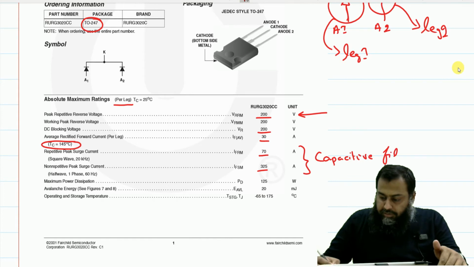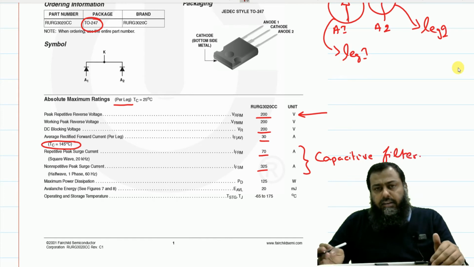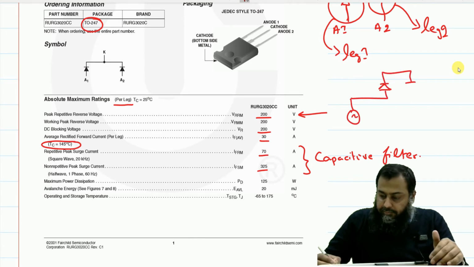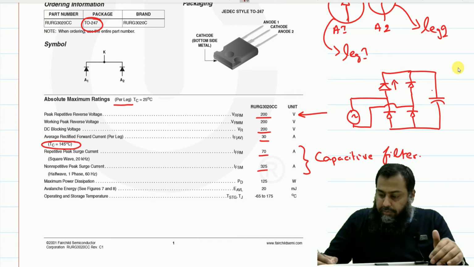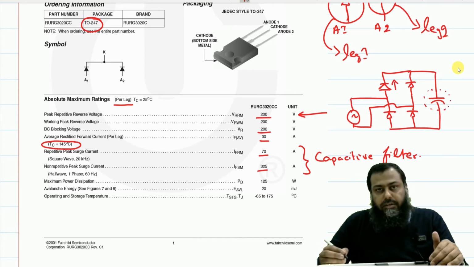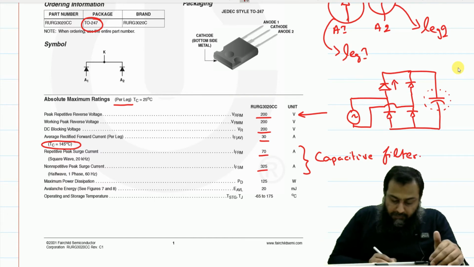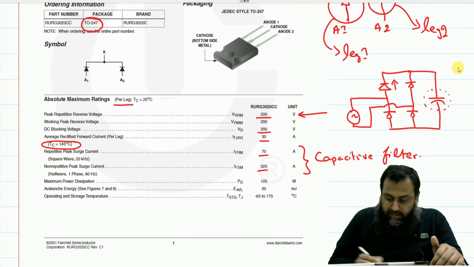So we will see in our later classes that whenever a diode is connected in a rectifier circuit with a C filter, we have a large amount of peaky currents that flow through the diodes, depending on the charge available on this capacitor. That is quite an important parameter in selecting a given diode, and that is given by the non-repetitive peak surge current capability